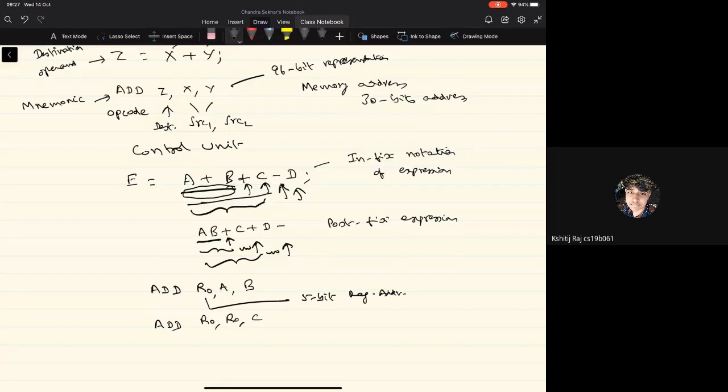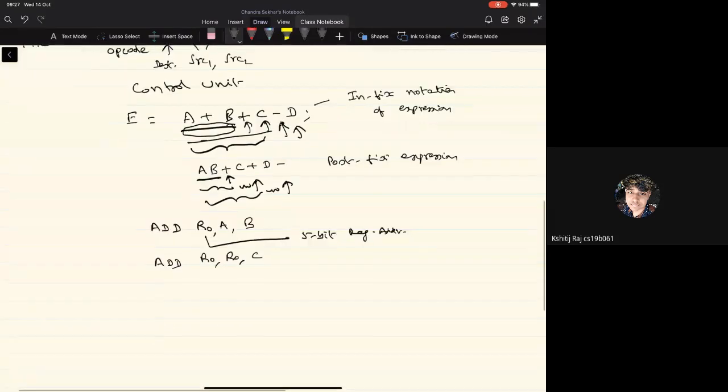Is there anything wrong here? We are taking the current value of R0, which contains the sum of A and B, to which we are adding this value of C. After these are processed by the ALU to perform the addition operation, the result is produced by the ALU, and then I will write the result coming out of the ALU into the register R0. So one can have the same operand as both the source operand as well as the destination operand.